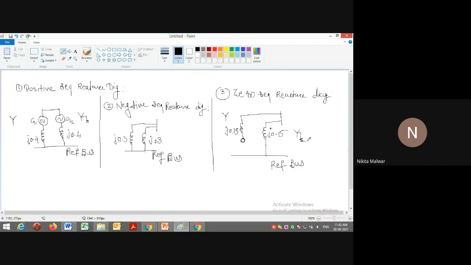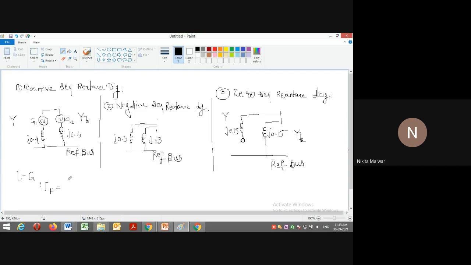In your question, an LG fault, a line to ground fault, is mentioned. For this LG fault, we have to find IF, the fault current. We have to find it in the per unit system. The line to ground fault occurs at the terminals of the generator. You may find where the terminals are by considering this diagram.